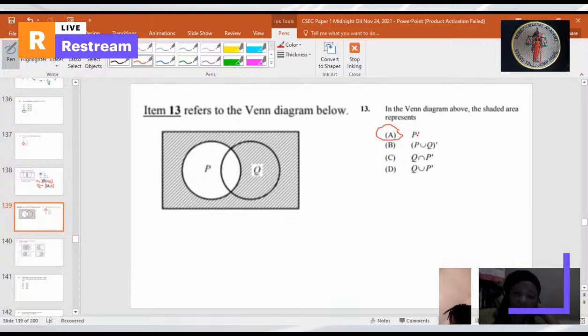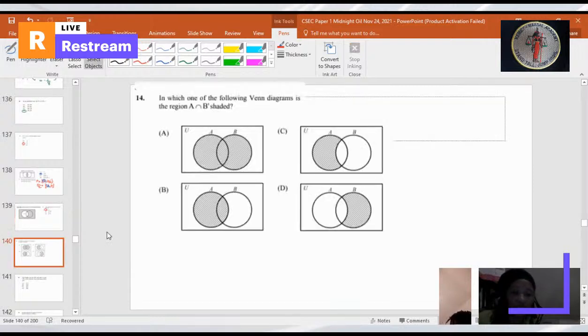Wherever you see that little stroke at the top here, that means complement, what's not in. So they shade everything that's not in P. So it's P complement. And number 14, in which one of the following Venn diagrams is the region A intersect